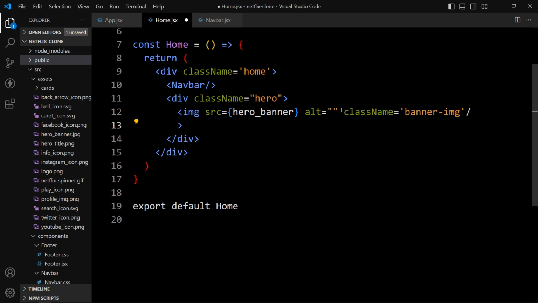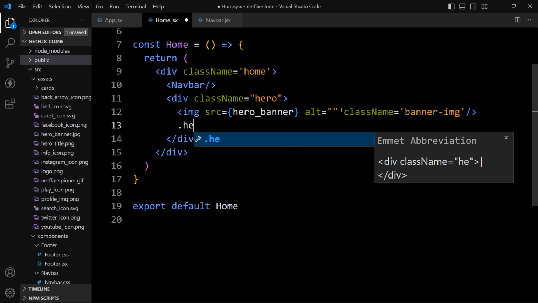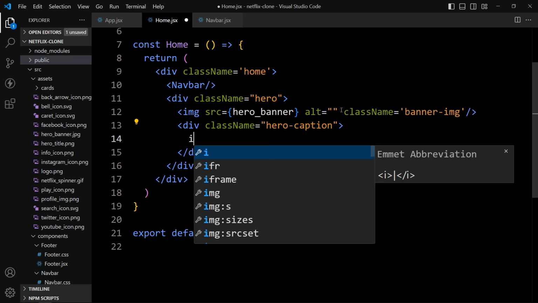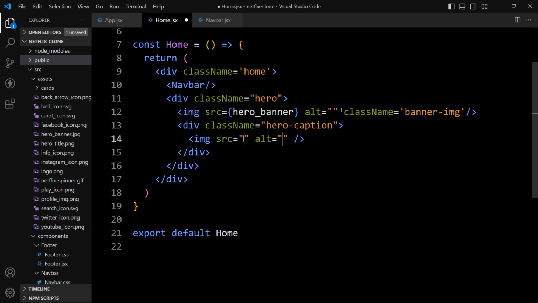After this we will add the text. So we'll add the div where we will add the text, button, and we will add one image also. So just add one div with the class name hero-caption. In this one, first we will add the image and import the image.